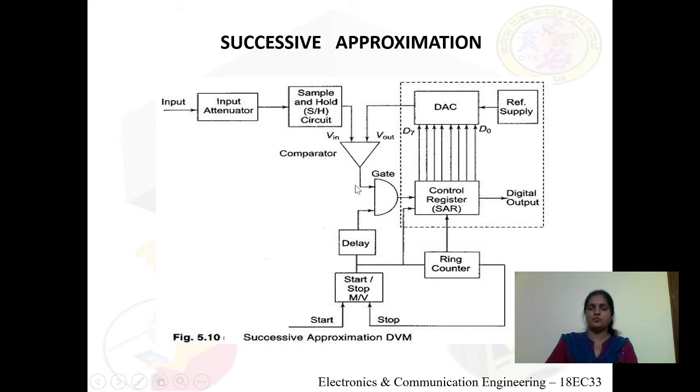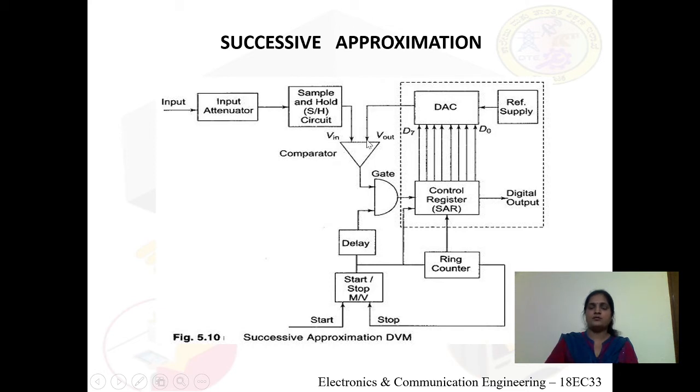The comparator output will be positive. If it is positive, the control register will set the MSB bit. Now D7 is equal to 1 and the remaining bits from D6 to D0 are 0, 0, 0. And now the DAC, with the help of the reference value, at clock pulse 1, produces half of the reference value,